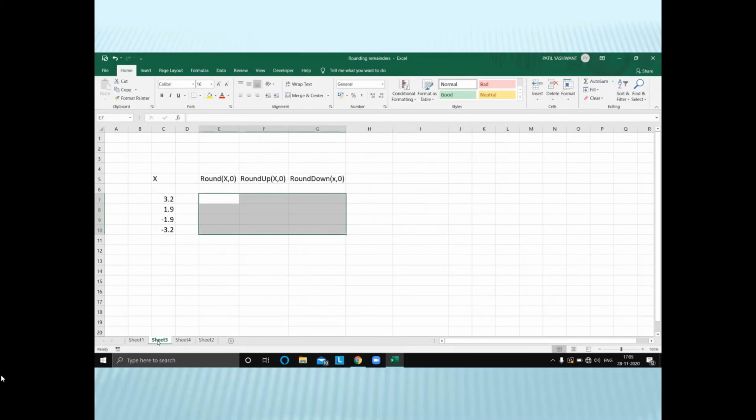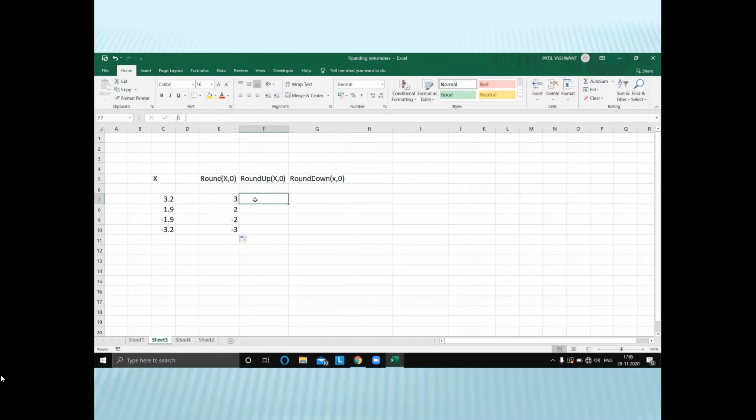Now I will explain about round up and round down. So we are going to put our number in there and then the number of digits. I'm just going to use 0 for all of these examples, but we can certainly use different numbers in there. So this is rounding to the nearest ones place. You see that we always round to the nearest integer. For now round, we will be using round and then number, and then we will be using zero. This rounds 3.2 to the nearest integer, that is 3. I will drag and get the round values.